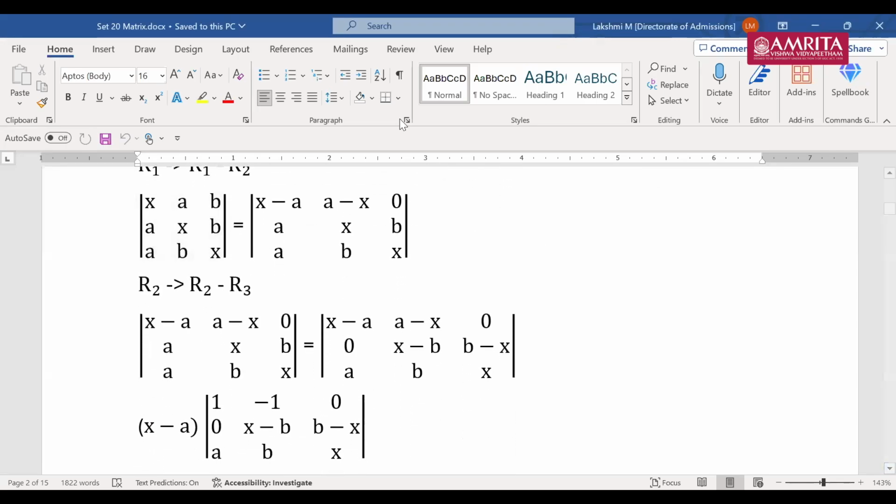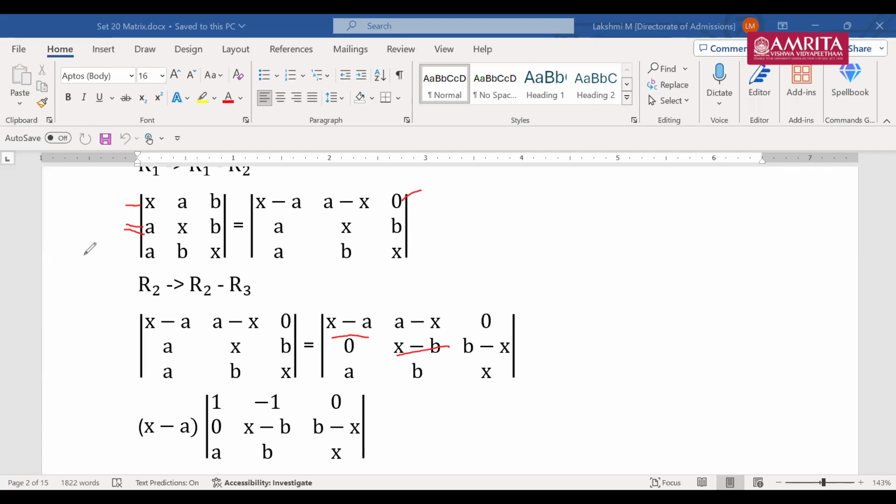So initially this was our determinant. I've done R1 and R2, so R1 minus R2. This is X minus A, this is A minus X, and this term is 0. This is AXB, this is ABX. The second one is R2 minus R3. So this is A minus A, it's 0. This is X minus B and this is B minus X. This remains the same, ABX. Now if you take X minus A and X minus B outside,